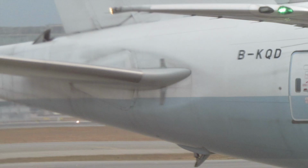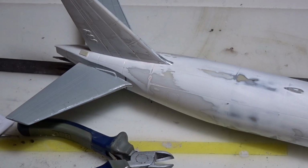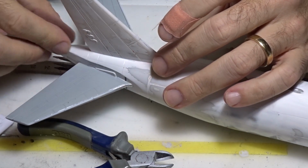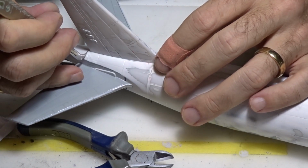Today in this video I will show you how to make some details on the 777, mainly the APU door and the undercarriage. So initially I used some plastic card that I cut at the right dimension of the APU